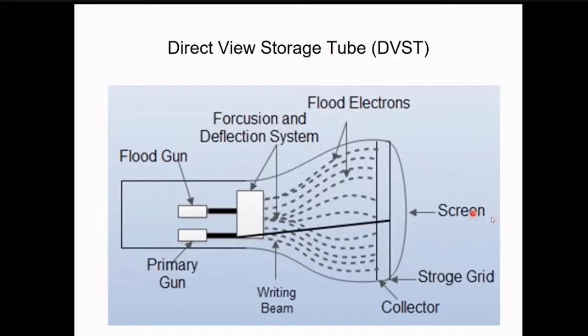In CRT monitors we have one flickering problem of the screen. This happens because of the refresh rate. If we don't have a proper refresh rate, we won't be able to see the image or the scenario properly, and that is the major problem. So to eliminate the refresh rate problem and the power voltage problem, we are directly storing this into the storage grid, so we don't have to refresh it each and every time. Obviously that would be useful to us.